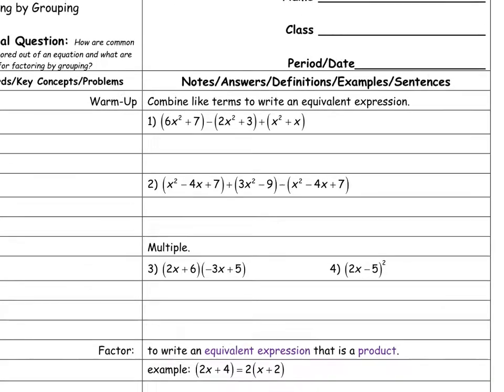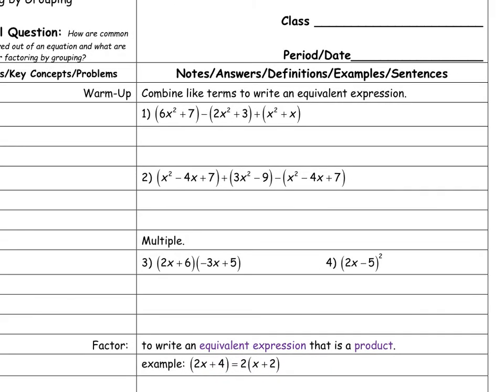So the first two, all we're doing is adding like terms. On the first one, I have 6x squared, 2x squared, and x squared. In the middle, I have to remember to distribute this negative through the whole parenthesis when I'm adding them together. So I have 6x squared minus 2x squared plus x squared gives me